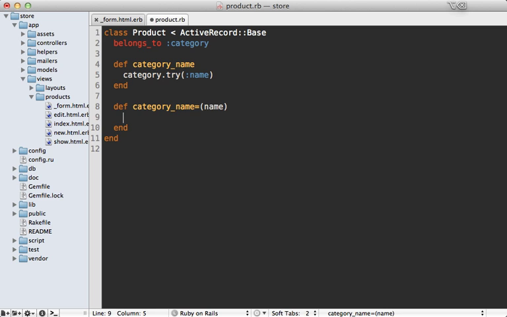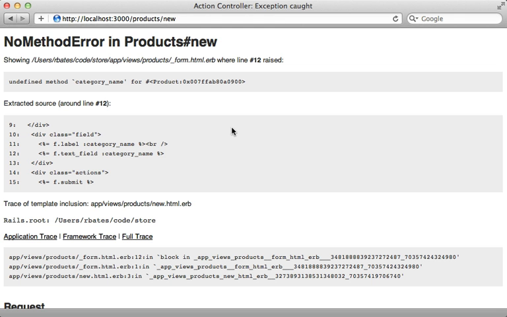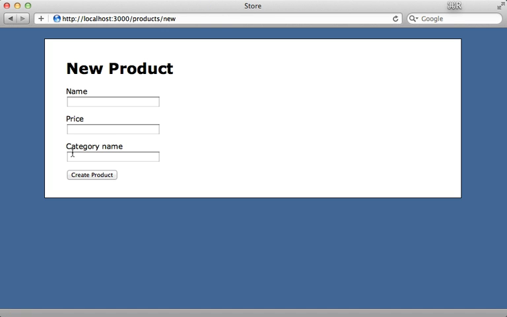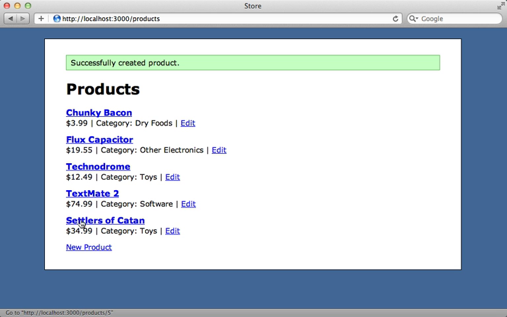And let's set our category to Category.find_by_name. Then pass in our name here, and only if the name is present, like that. So now when I reload this form here, you can see that it works. We have a category name field, so let's try creating a product and see if it works. All right, we'll make a price here, and a category, there's one called toys, so let's assign it to that. And now when I create a product, you can see that it properly sets up the association by finding a